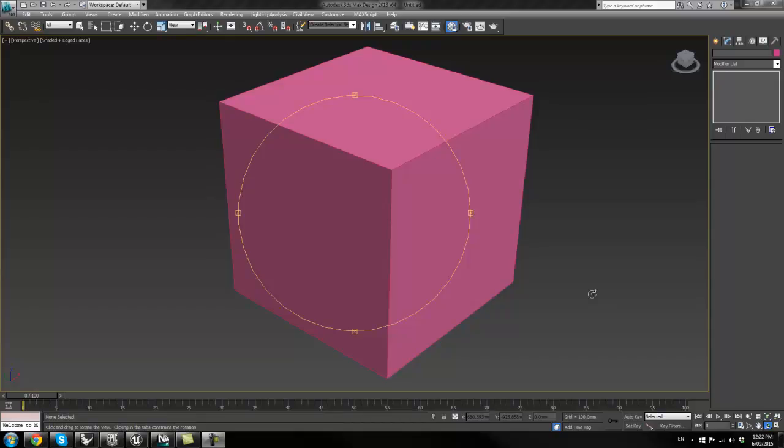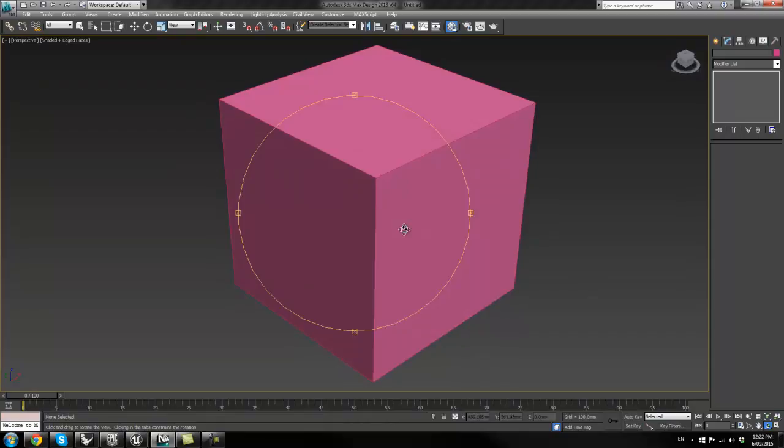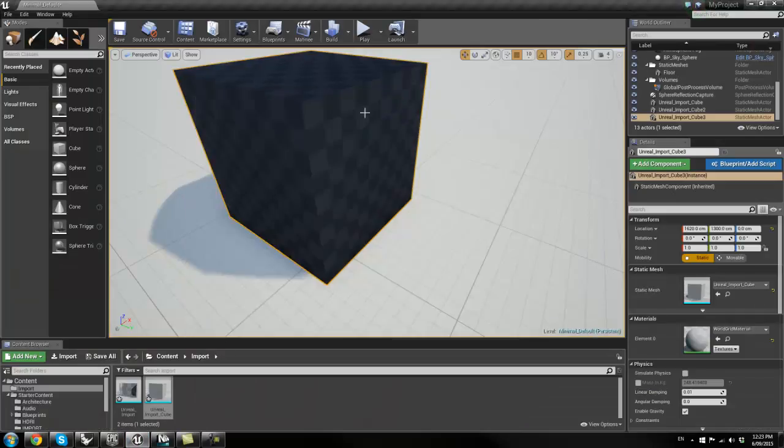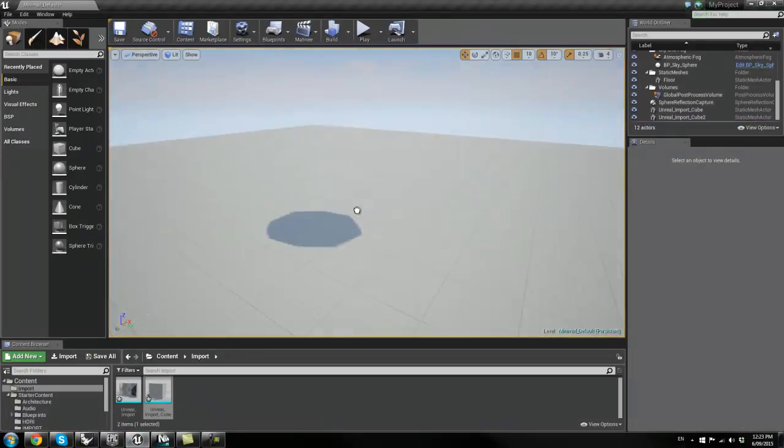Hey guys, I'm gonna explain UV mapping and light mapping for Unreal. I'm just gonna start with a simple cube, just to show you the concepts of UV mapping in 3ds Max. Just to quickly demonstrate, I've made this cube and I've applied two maps to the cube. Then if I export this cube and bring it into Unreal, the cube